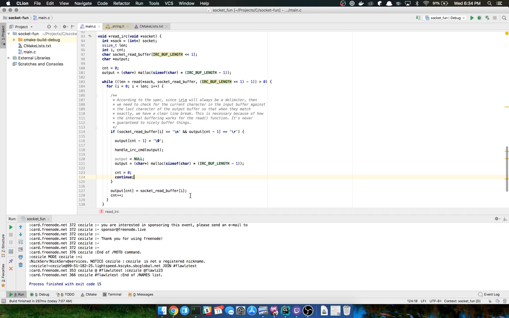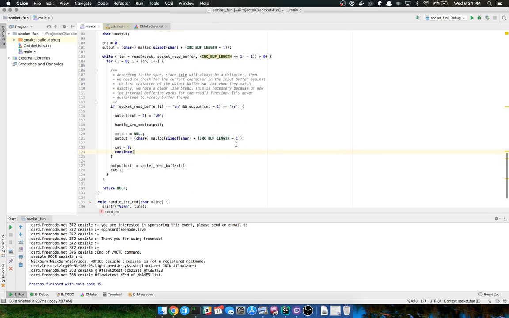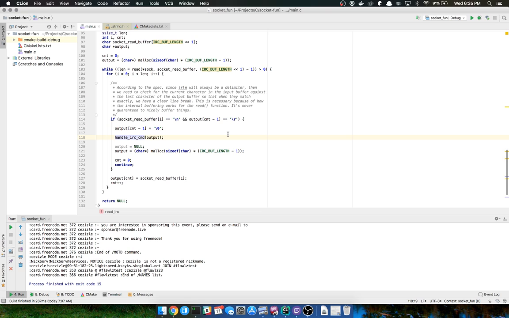So I finally figured that all out. It turns out I was doing everything right. I don't have the code per se to show what I had going on last time, but essentially it was this, where I was trying to read in character by character, fill my output buffer line by line, and then pass it into some sort of function. But that's all working now.